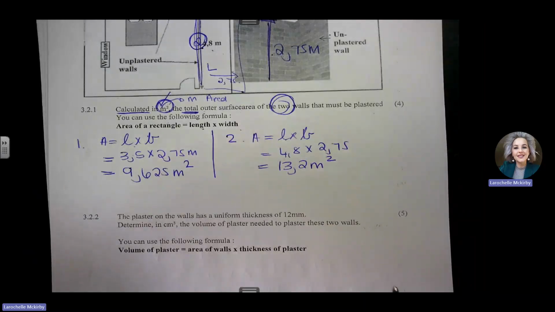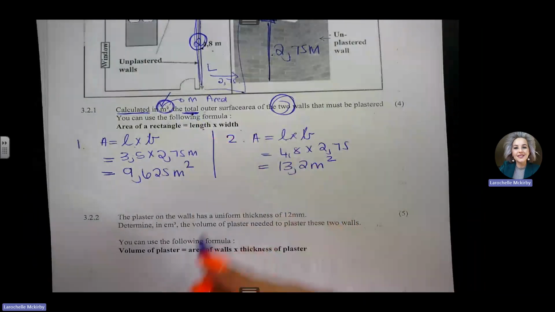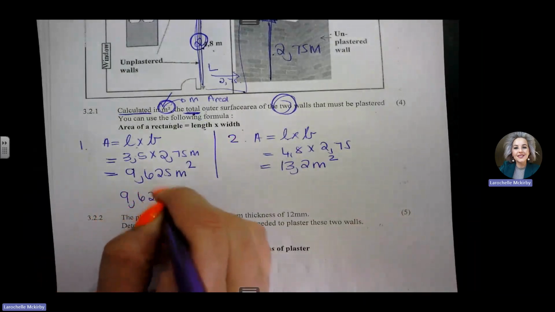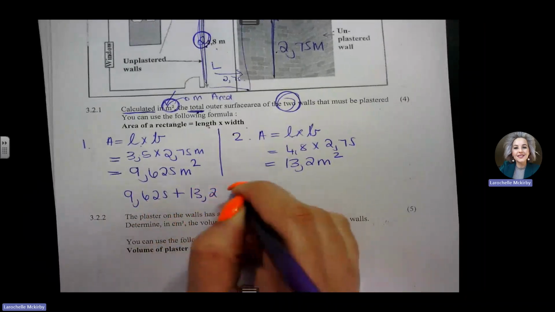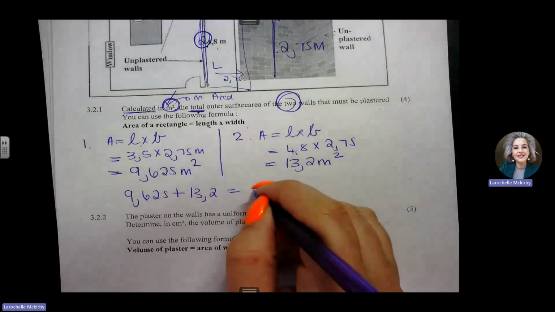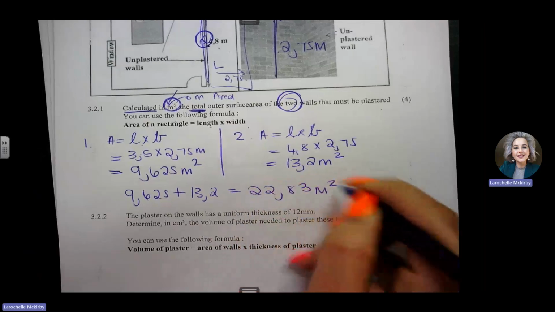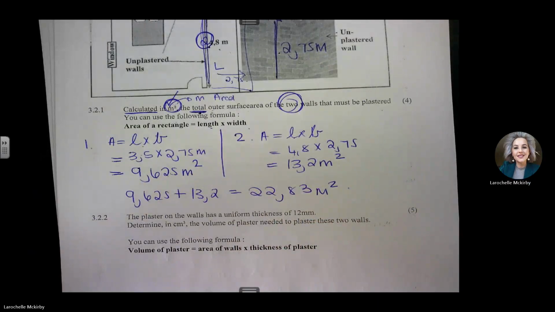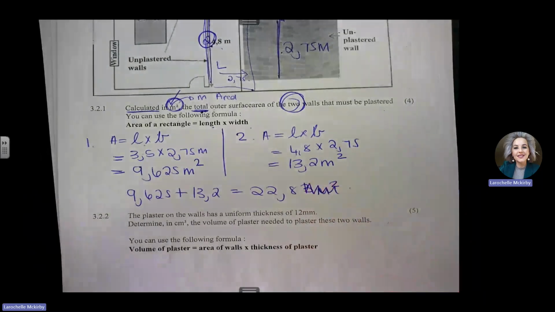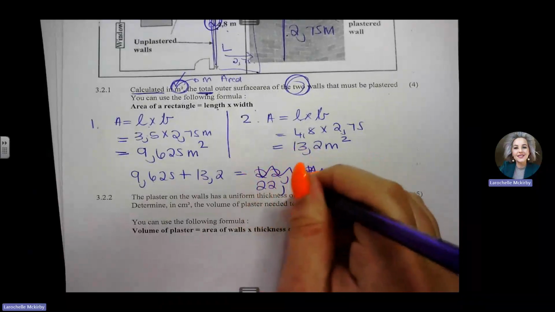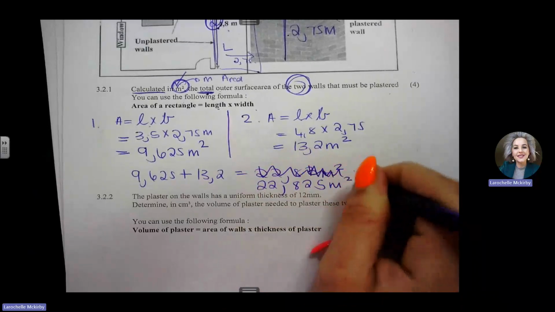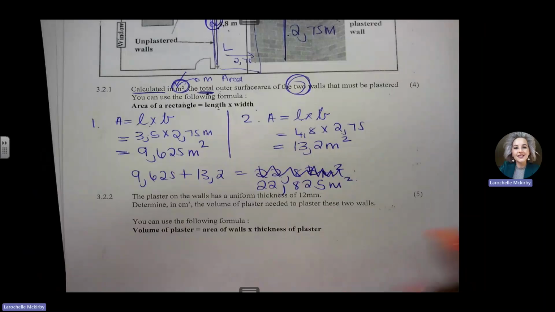Now, again, focusing on the total, that means I should add the one wall with the other wall. And when I add these 2 walls, I get to the answer of a total wall coverage of 22.83 squared meters. Yeah, let me rather do this. I'm not going to round off. Let's do the right thing. And we say the answer here is 22.825 squared meters. You can round it off if you'd like, but there's a reason why I didn't round it off. Let me show you.